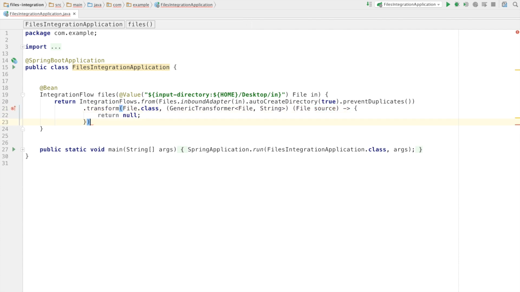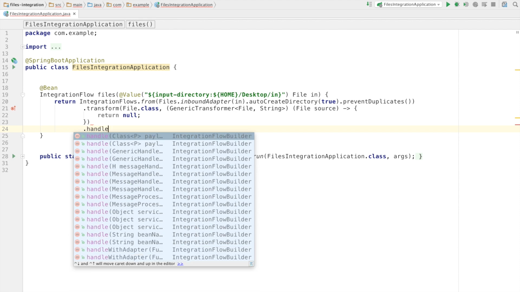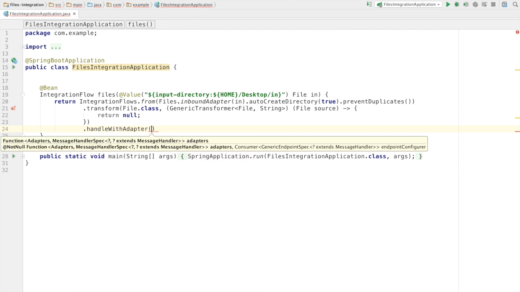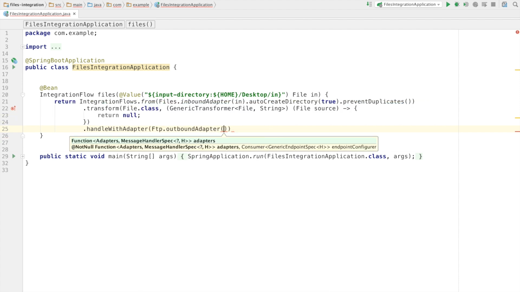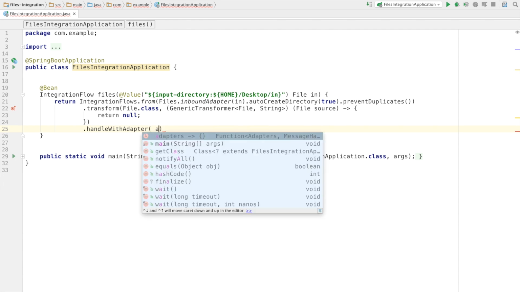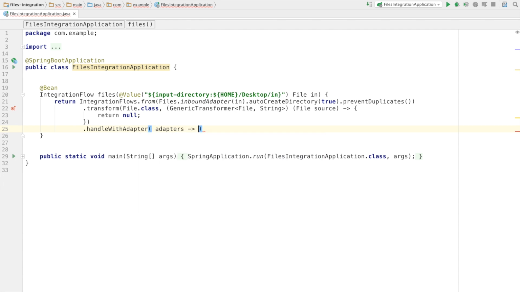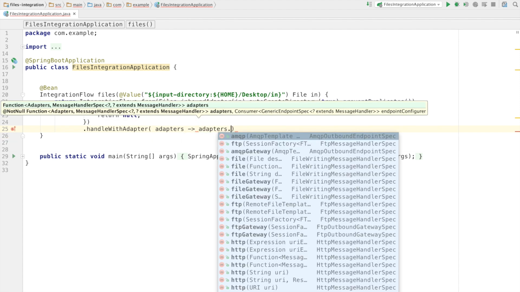Okay, and then I want to send it out. So I'll handle the result with another adapter. In this case, I'm going to send it to an FTP server, so outbound adapter. And this doesn't work quite like this. There's actually a very convenient interface that's expected here called a function that takes an adapters object and a message handler spec. So if we just provide this lambda, we can then use the adapters method here to